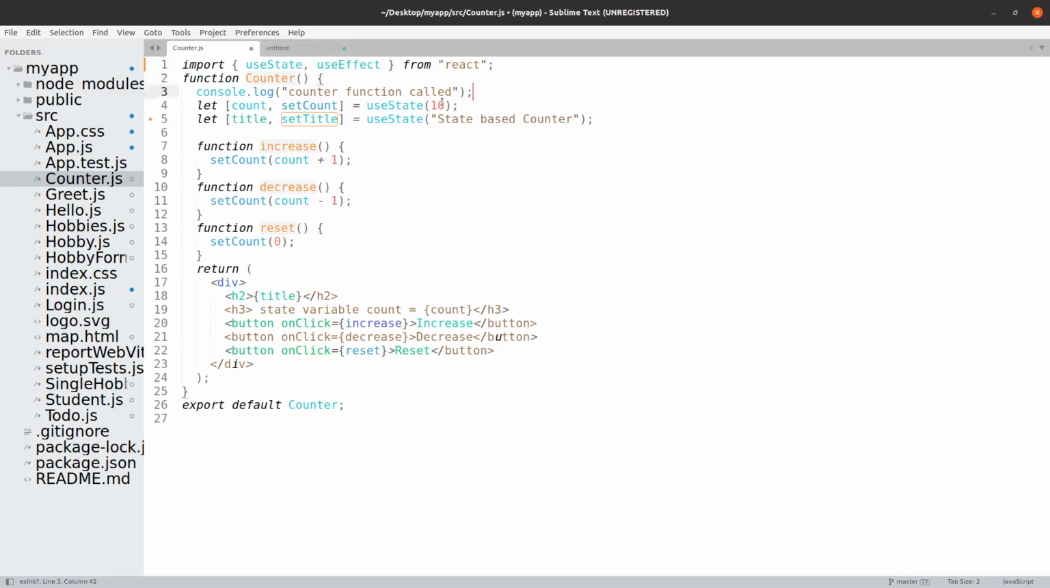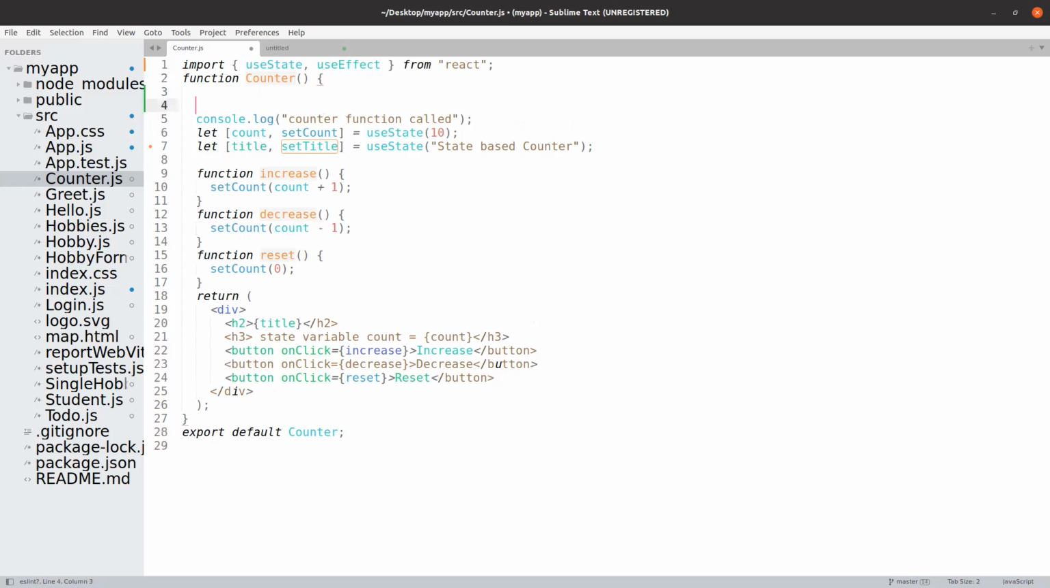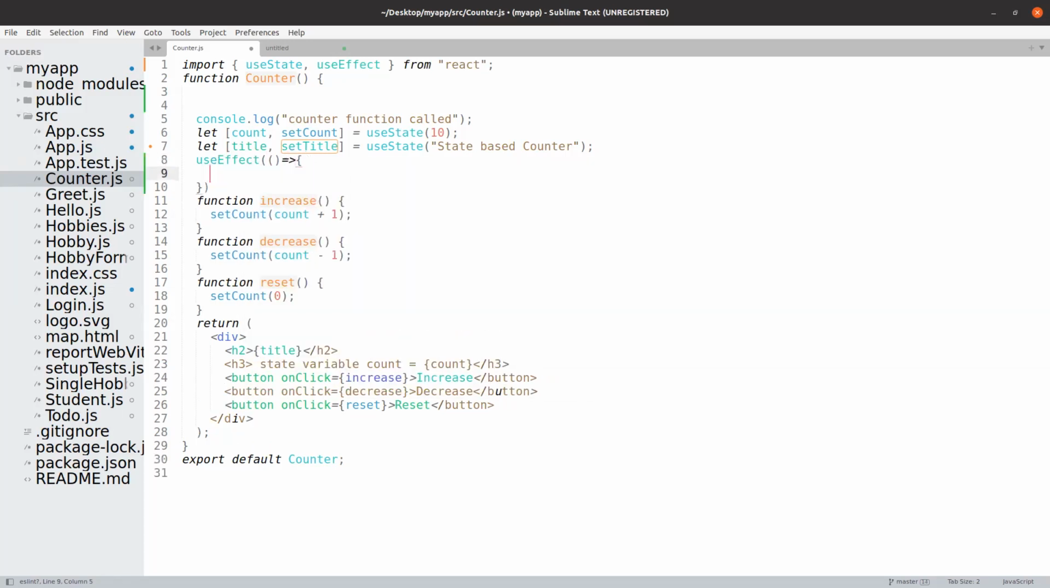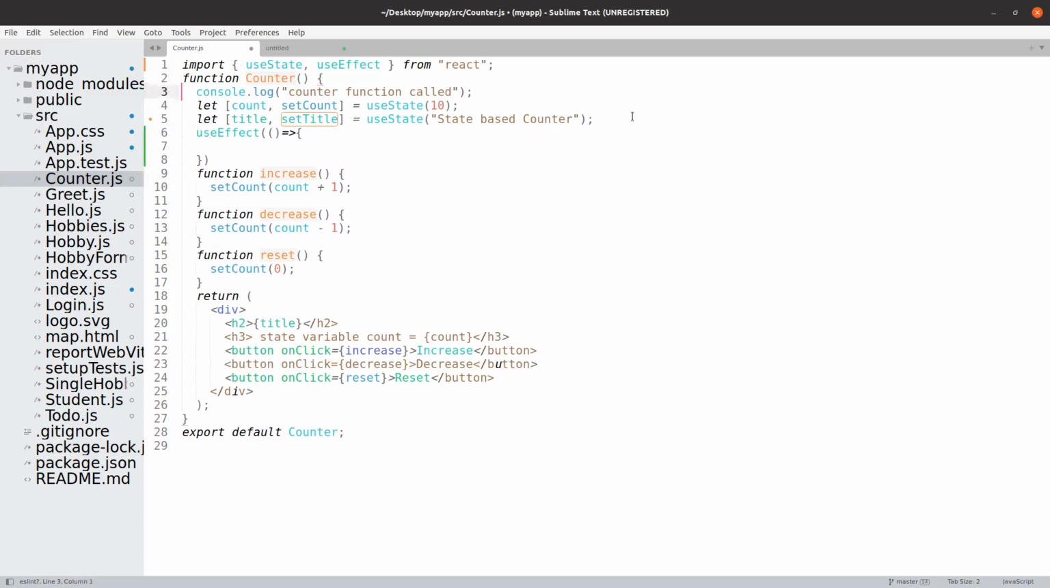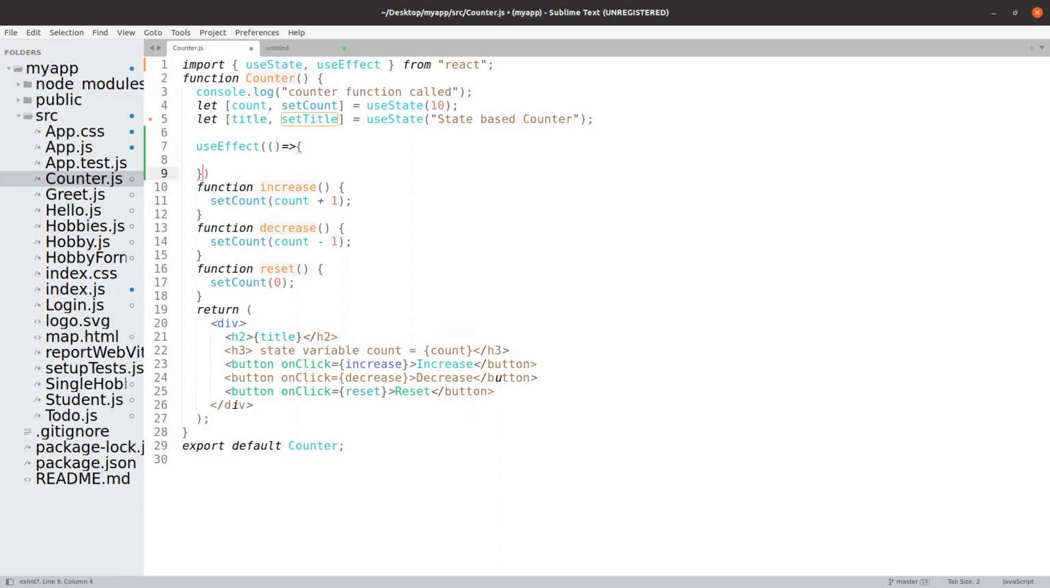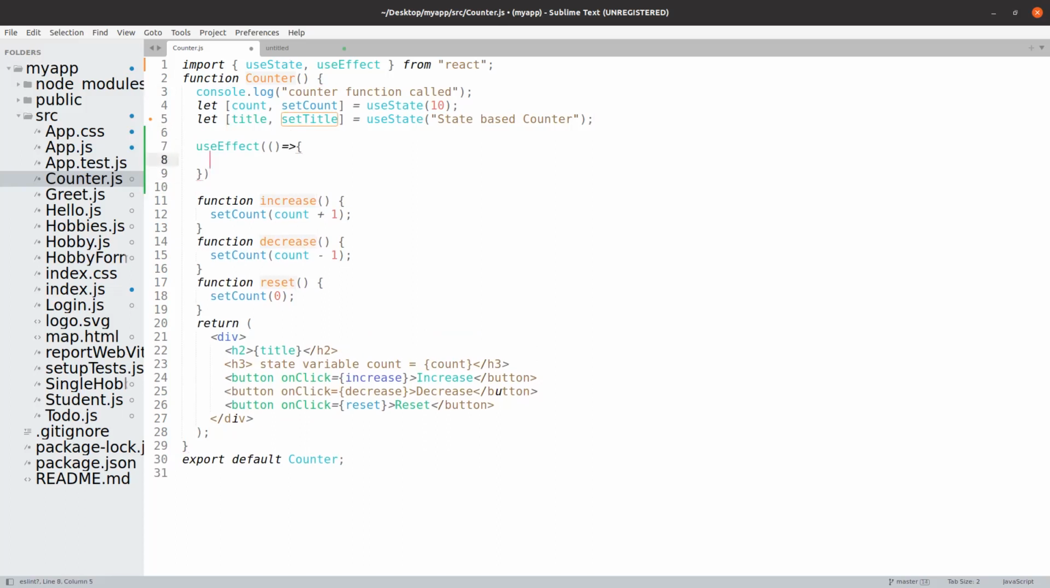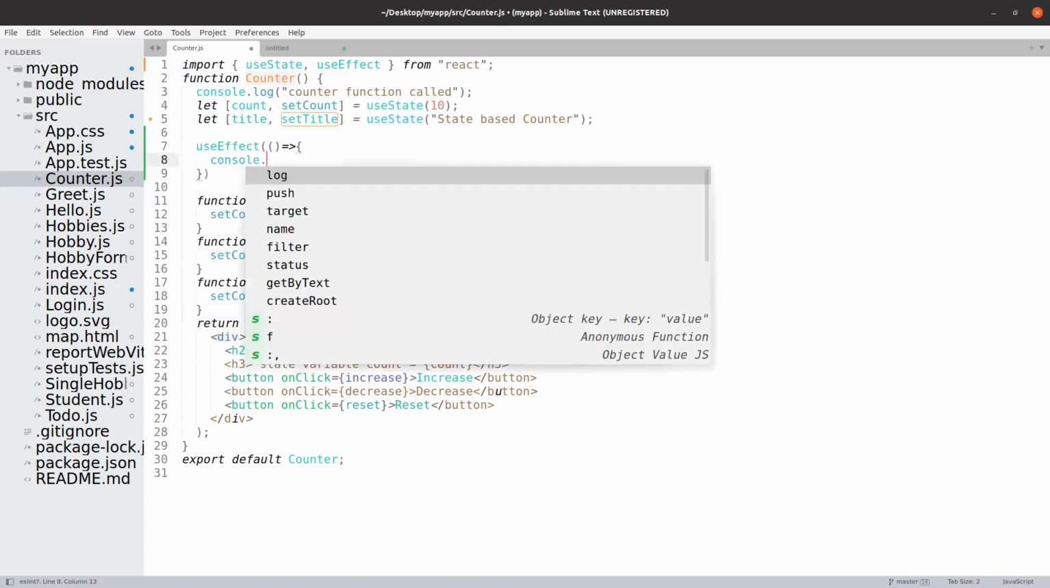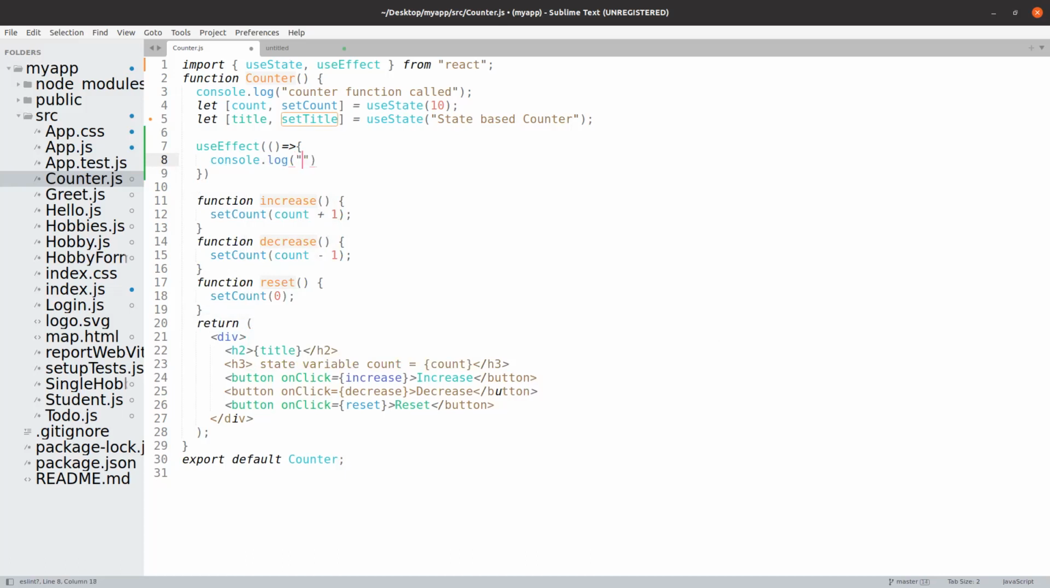Second, at the top, or here also, we can write useEffect, and inside that write a function. We will write an arrow function because usually we should use arrow functions more. And inside this useEffect, I'm going to do a very simple thing, which is write a console.log of